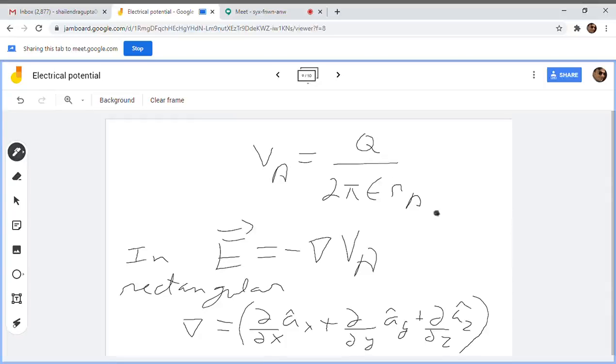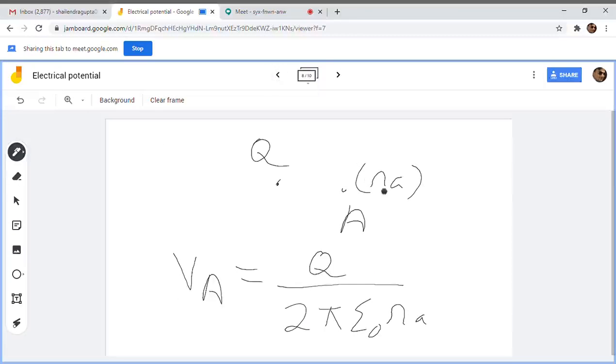Okay, see, we are seeing the radius. We are seeing only the distance of the point from this charge. Only the distance of this point to this charge. The radial distance is what we are talking about. This is the radial distance. Now, to define this A, we only used one dimension, that is the radial distance of A with respect to Q.